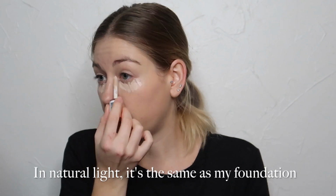I've got pretty dark circles, I feel. If anyone's interested, I'm in the color C2, although this is closer to my natural shade than I normally do my concealers. I normally do my concealers a few shades lighter, but since this is a drugstore brand, you can't really test it before you